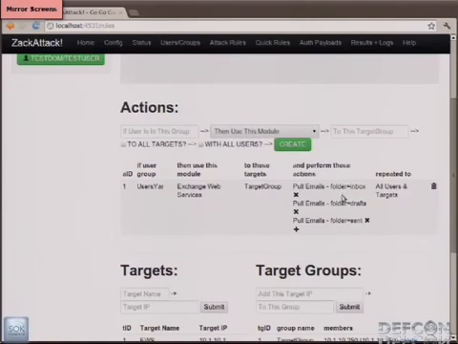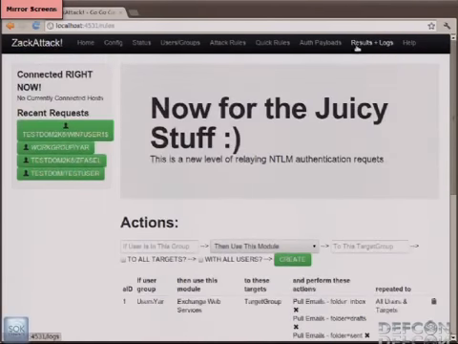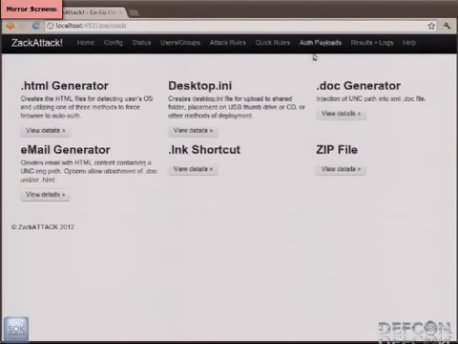And then in that one connection, perform various actions. And like I said, we can repeat it for all the users and all the targets we connect, or just certain targets. Now at the same time, we can generate the payloads, like I said, generating the HTML, the desktop.ini,